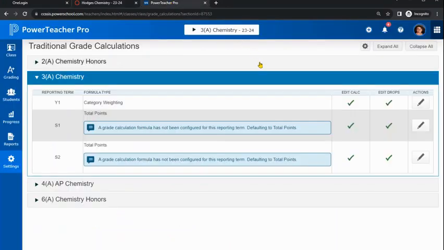Okay, and I have hijacked Ms. Hodges' Power Teacher Pro and Gradebook stuff so that I can show you this. What you're going to do first is just double check something. I am hoping that we got everyone set up this year so that there are some pieces you don't have to do. So for example, if you will open up one of your courses,